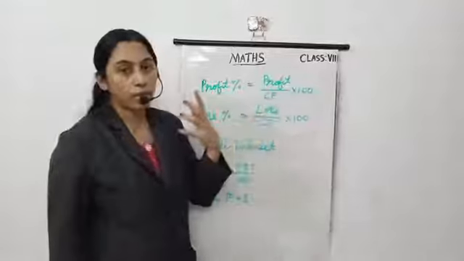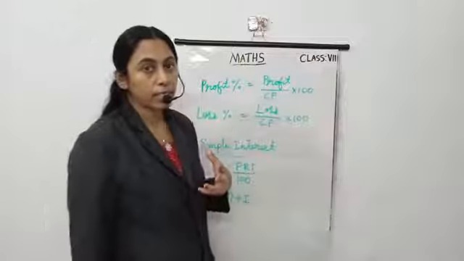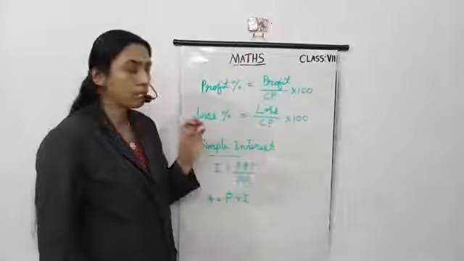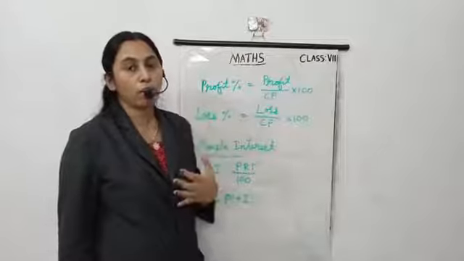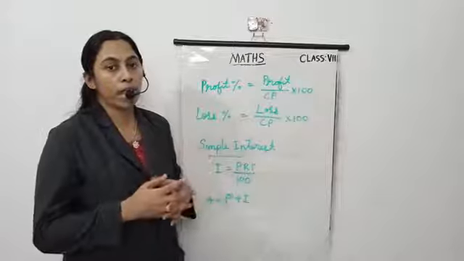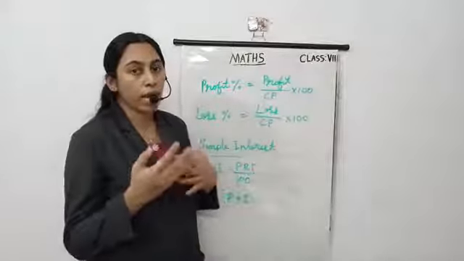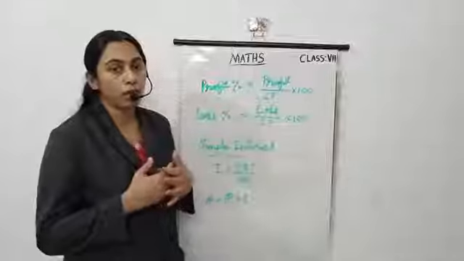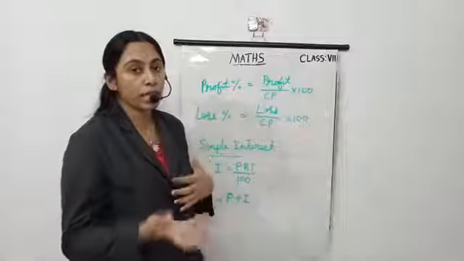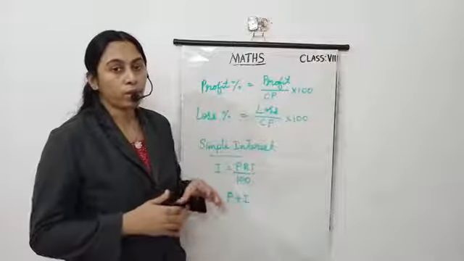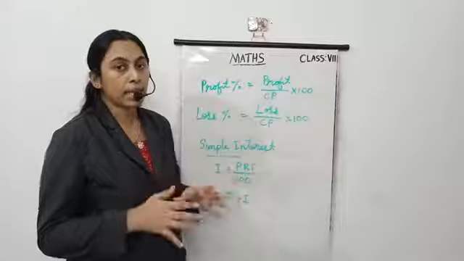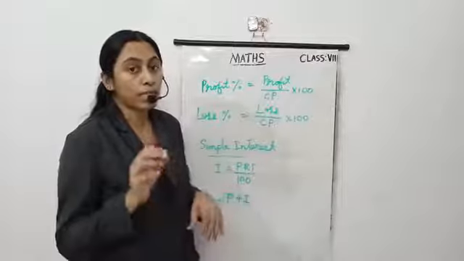Now, I already told about interest at the starting introduction part. I told about simple interest. If we borrow some amount or deposit some amount in a bank, we get an interest from the bank. Or if we need to give some extra amount when we borrow some amount, that extra amount is known as interest.